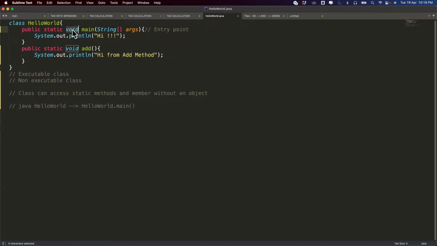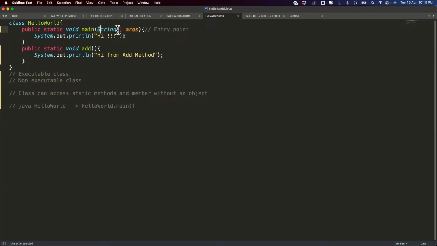Normally the default method is a void method. It's just an entry point, because when you execute this HelloWorld program, it will execute the main method, but you don't need to send anything back to the terminal or the JVM, because it's an entry point. So by default, it's a void method. And then the name of the method is going to be main. You cannot change the name of the method. If you change it, it will not be an executable class, because when you're executing a class, it will look for this syntax in the Java file: public static void main